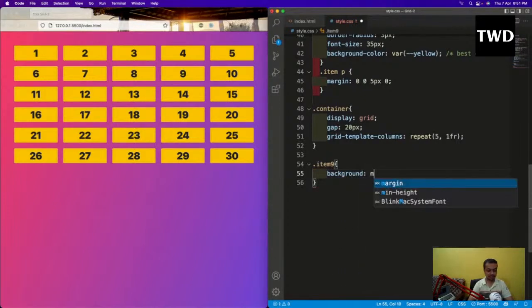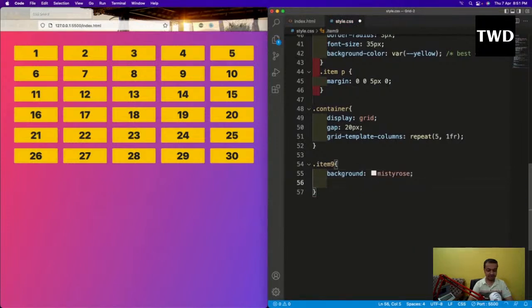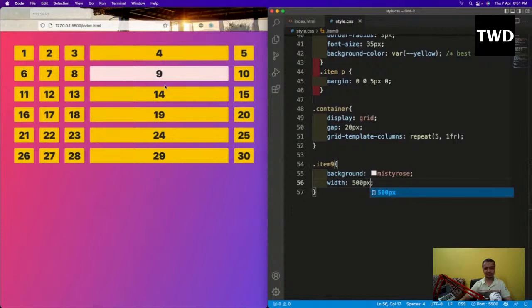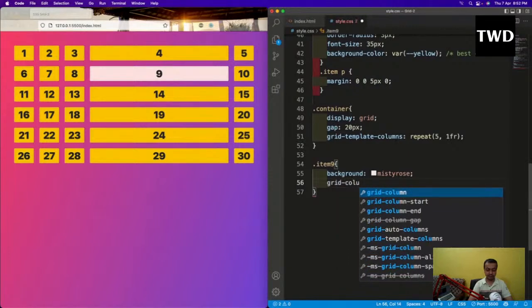Background misty rose, and width I'll make width as 500 pixel. I'll save it. So it is big, it is becoming big. So it is becoming like everything has become big, but I don't want something like this. So there is a property known as a span. So what we can do, instead of giving it like this, I will do grid column as